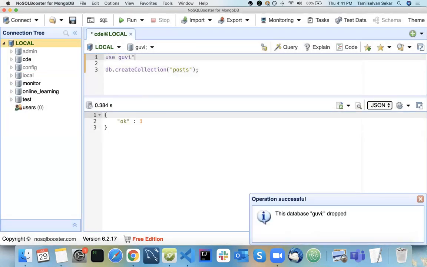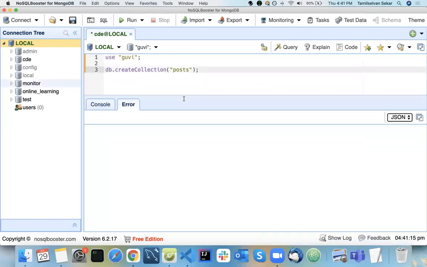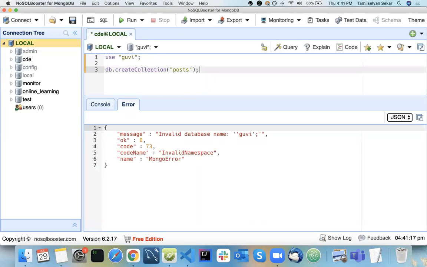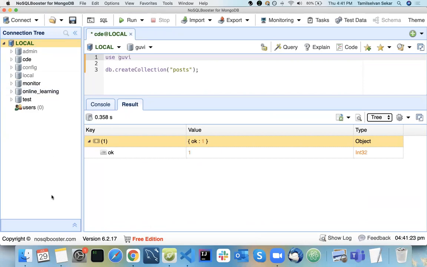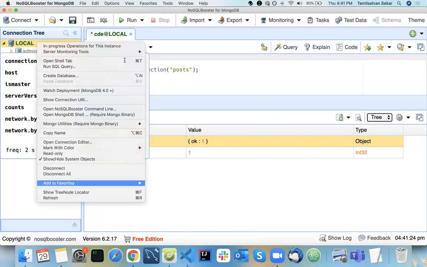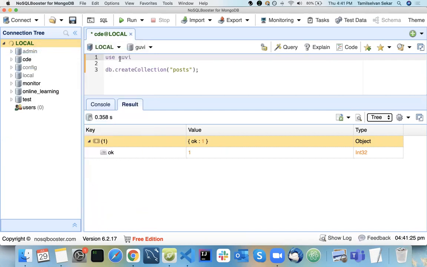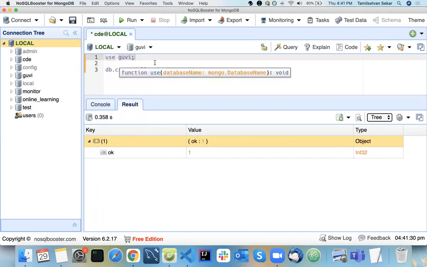I need to give it in this way, maybe. So if you run this and go here and refresh. After GUI, if you mention a semicolon like this, it will take it directly as part of the name, so that's why I removed it.